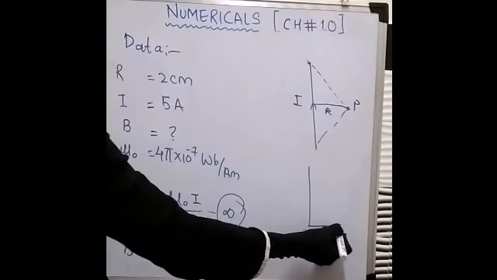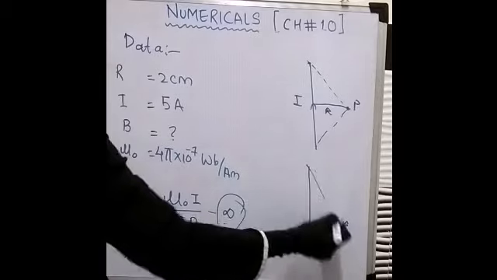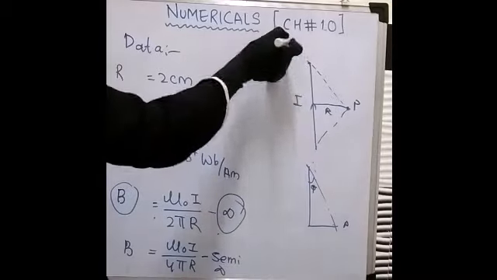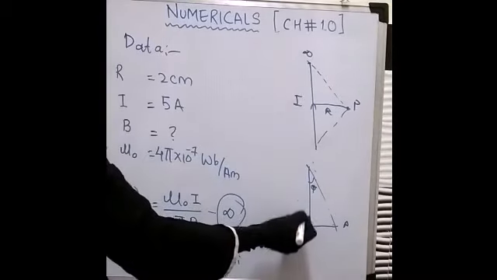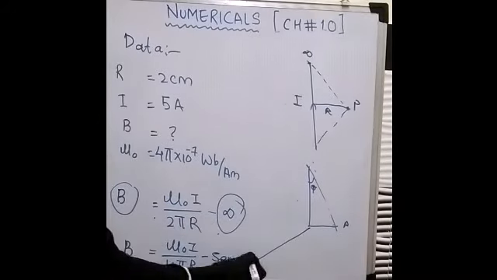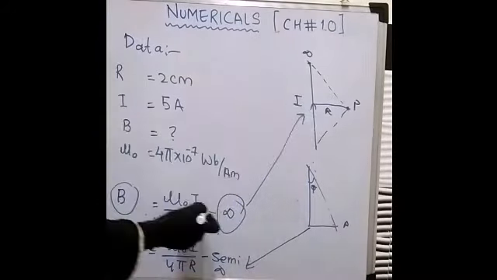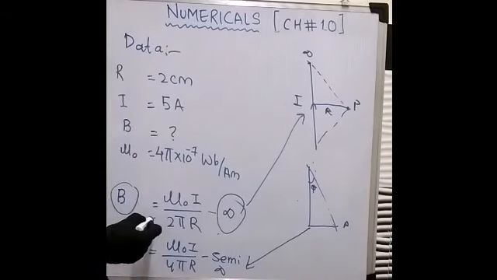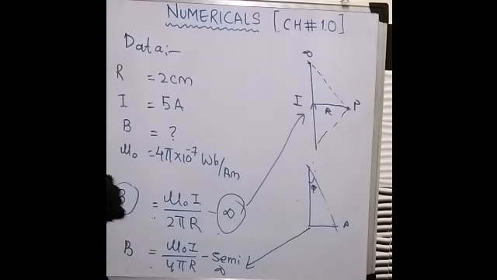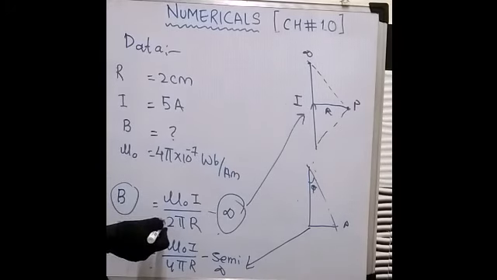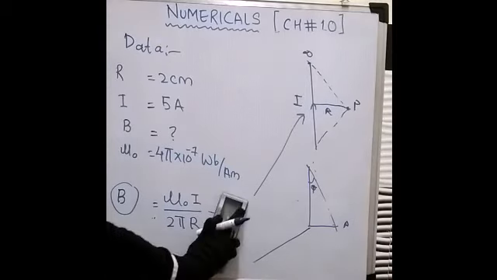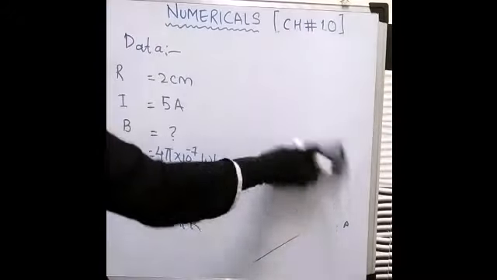Semi part means half part. So this is the point P where you have to find the field, this will be the theta, this will be the alpha, and so on. So this is for the long straight infinite wire, and this is for the semi-infinite wire. For this you have this formula, and for infinitely long, you have this formula. Whenever it is asked as long straight wire or infinite, you have to use this formula. For semi you have to use this formula. In this numerical it is asked for a very long straight wire, so we have to use this formula. Hope you understand when to use which formula in which question.